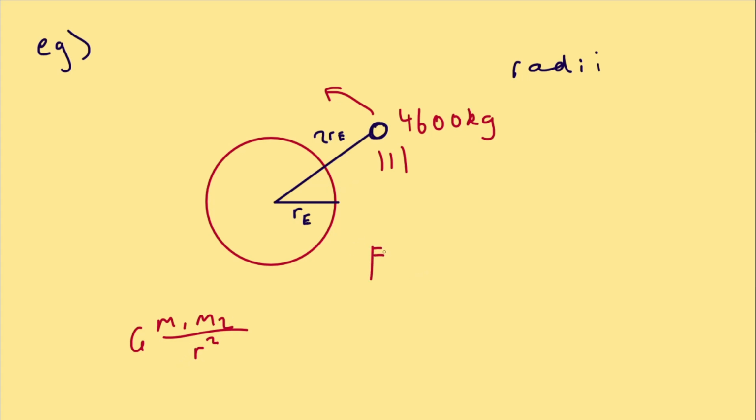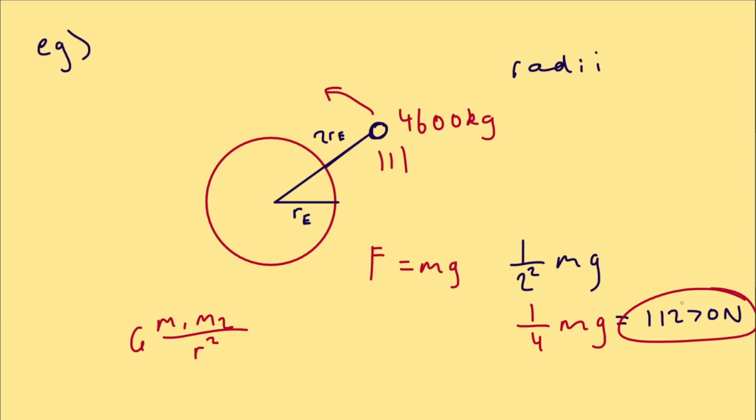Now, the force of gravity at the surface of Earth is mg, that's our weight. And our satellite is twice as far, which means that because of the inverse square law, it would be 1 over 2 squared times mg, which is 1 over 4 mg. That means the satellite experiences a quarter of the weight that we experience on the surface of Earth. If you went through and did this calculation, you get 11270 newtons. That's the amount of force gravity is pulling on it.